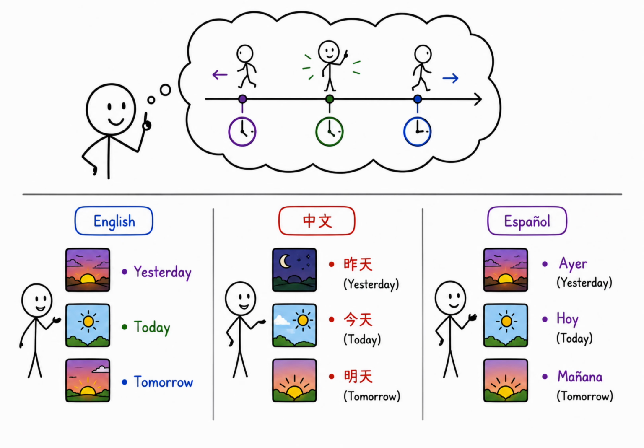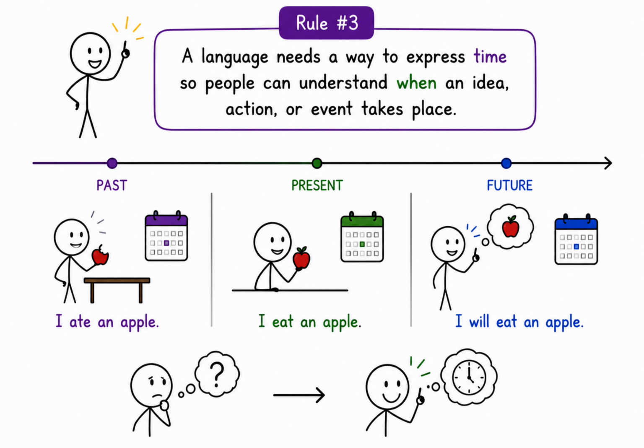This is why every language develops ways to talk about time. For example, English: yesterday, today, tomorrow. Chinese: 昨天, 今天, 明天. Spanish: ayer, hoy, mañana. The words are different, but the purpose is exactly the same. Languages need a way to tell us whether something happened in the past, is happening right now, or will happen in the future. In fact, many grammar rules that seem difficult when learning a new language are actually built around